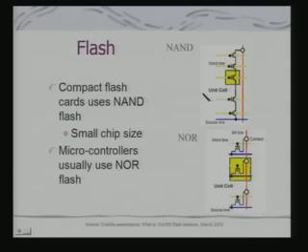So, you can understand here, this is a typical NAND organization of the cell. This is an individual cell and they are all connected to the common source access point. This is basically the contact point, and this is a NAND organization of the flash. And this is a NOR organization of the flash. So, you can realize that the connectivity pattern is such that NAND flash would require smaller size for a fixed amount of storage. So, you have a small chip size. In many cases, microcontrollers use NOR flash. So, here the area required is typically more.